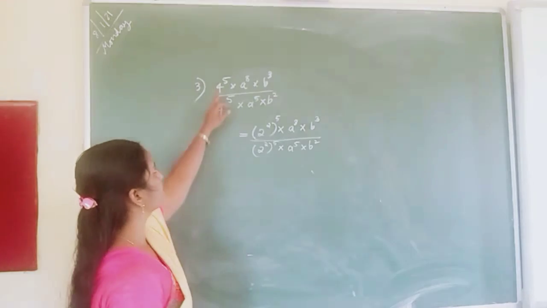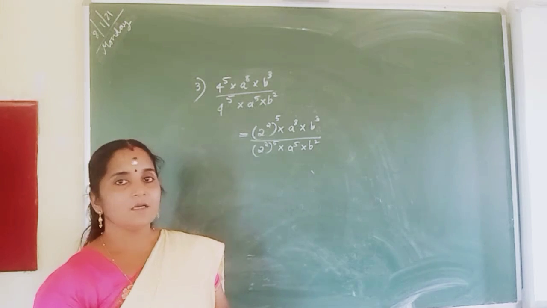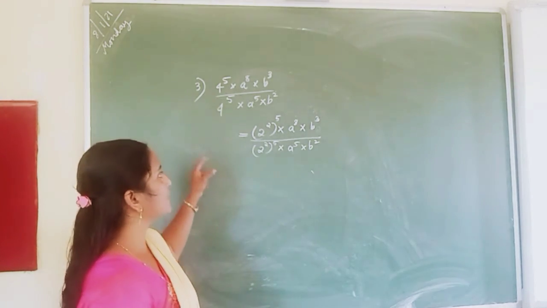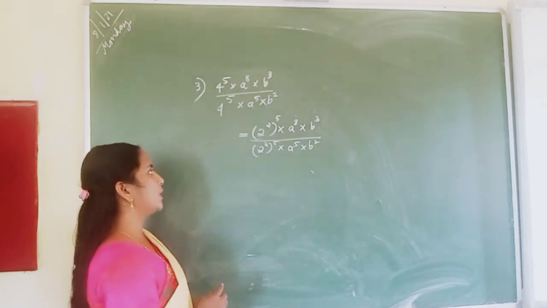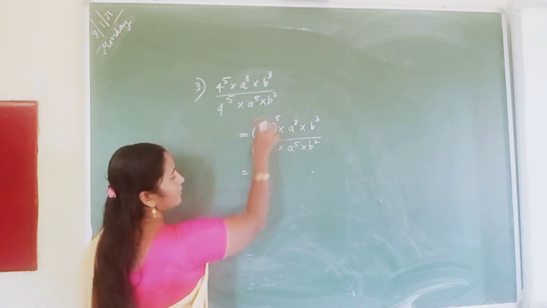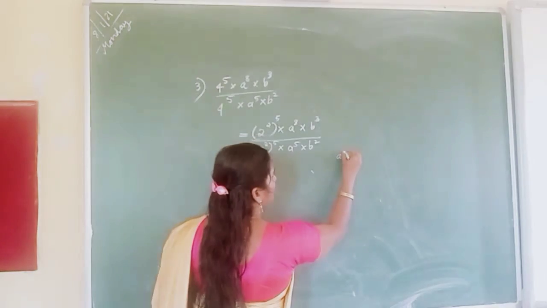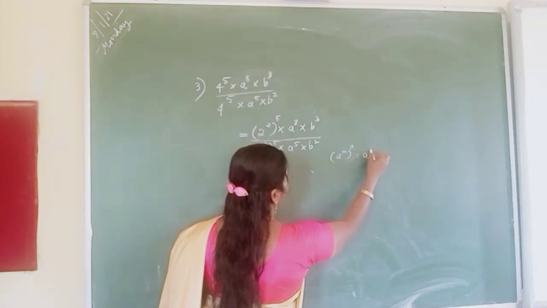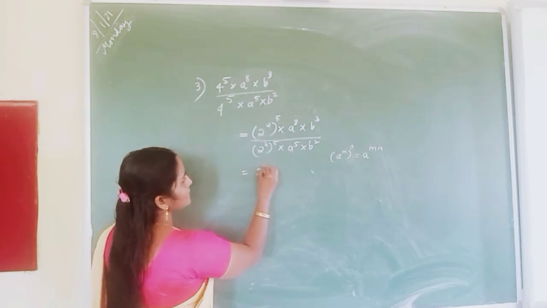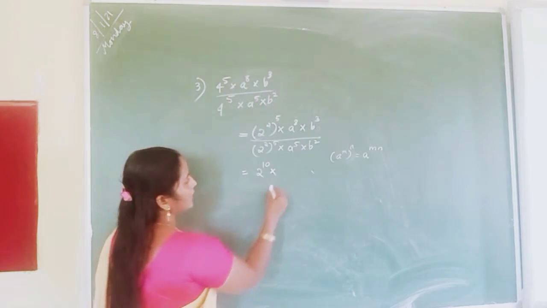Here we can cancel this 4 raised to 5 from both numerator and denominator, but we use the laws of exponents. That's why we rewrite it as 2 raised to 2 the whole raised to 5. Then apply the law: what is a raised to m the whole raised to n? A raised to m the whole raised to n is a raised to m into n. So we can write it as 2 raised to 10 into a raised to